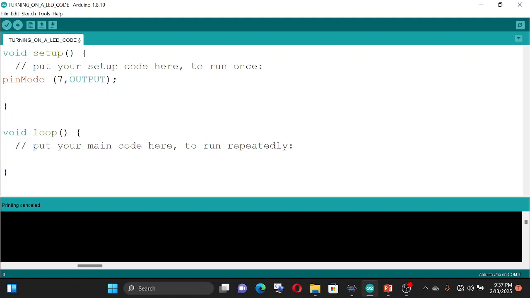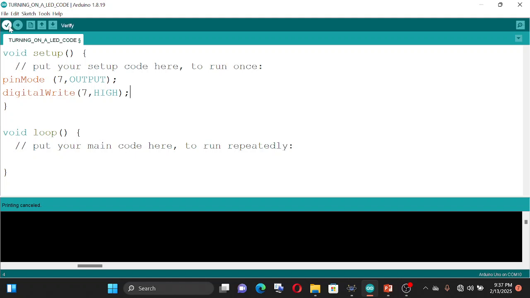Then we are going to assign a high state to that pin in order to turn on the LED. That pin is a digital pin, so we are going to use the command digitalWrite, in brackets the pin number, then HIGH. In electronics, a high state signifies 5 volts. So the microcontroller is going to apply 5 volts at the output of that pin, which is enough to turn on the LED.